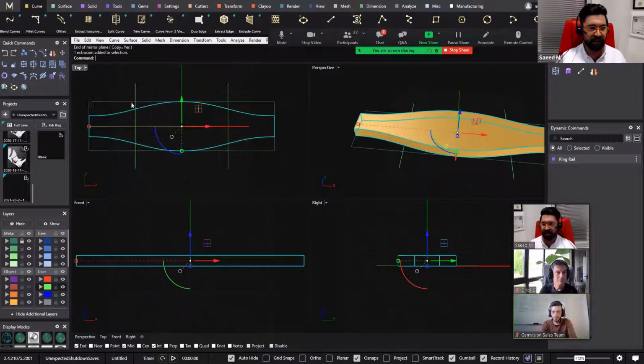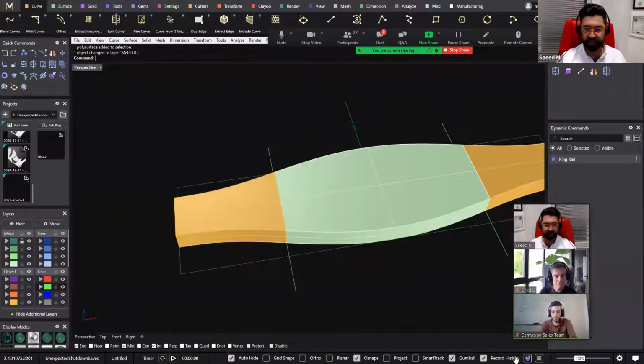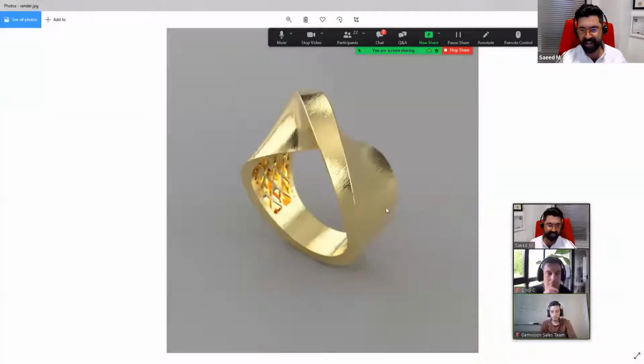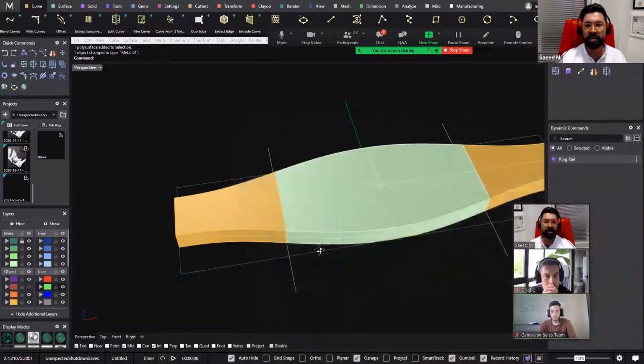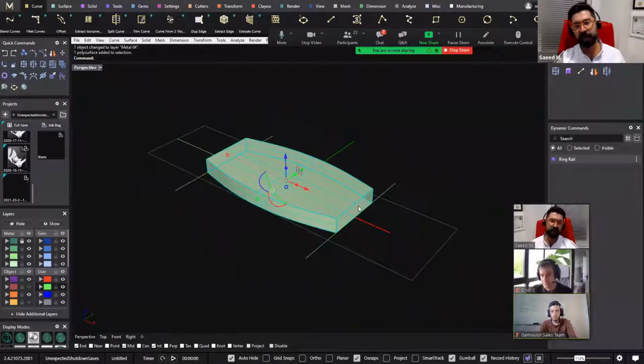Right now I'm selecting the whole body and splitting it with these two curves and changing the layer color of the body. This is where the ring is going to be twisting. This is exactly here. So I just split the top of the ring from the shank, and I have 50% here and 50% on the top. Okay, so I'm going to turn off these two bodies